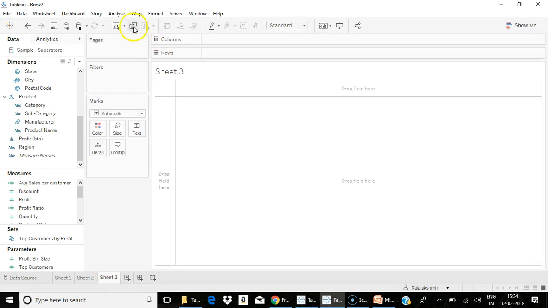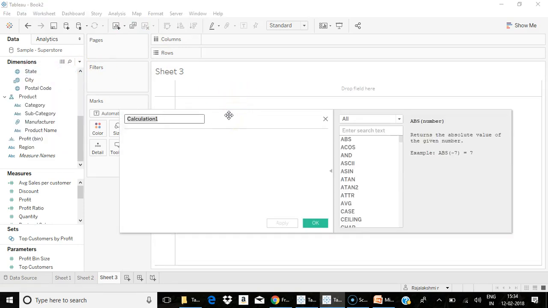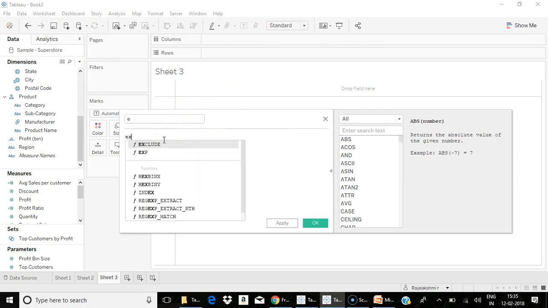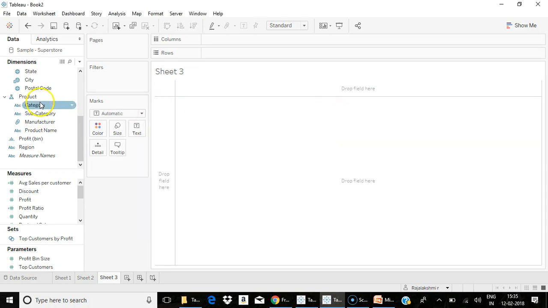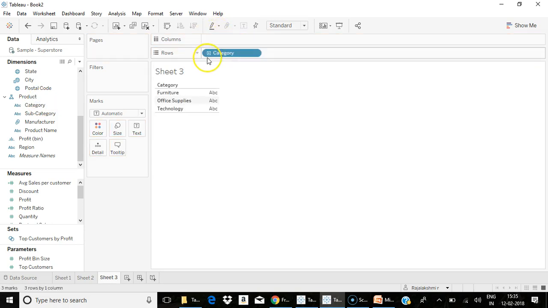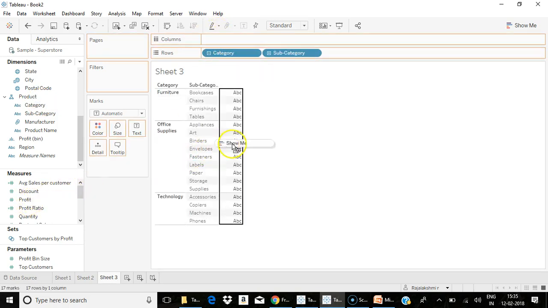So let's create an example to understand exclude level of detail. Create a calculated field for exclude. Exclude will compute an aggregate excluding the specified dimension if present in the view. For example, I have category, subcategory and profit.